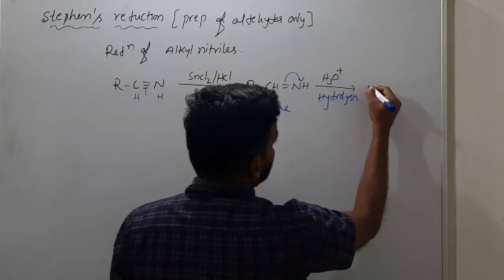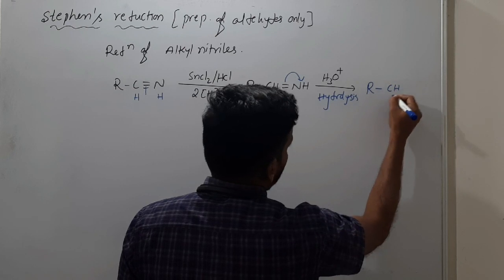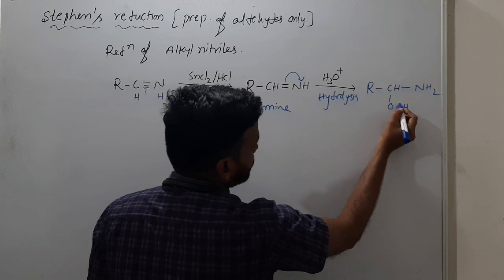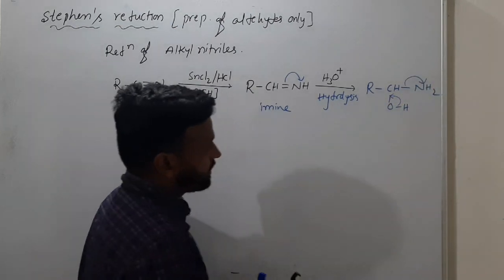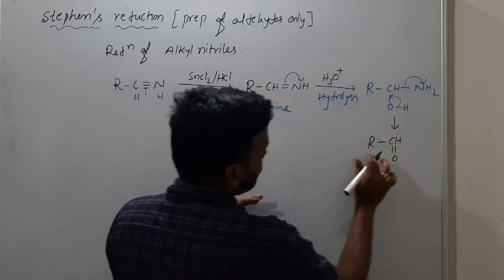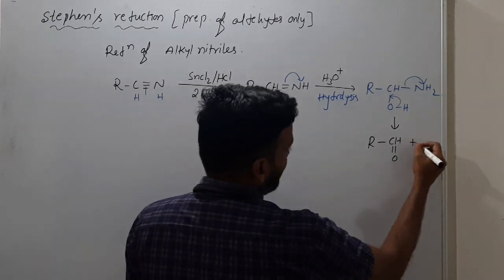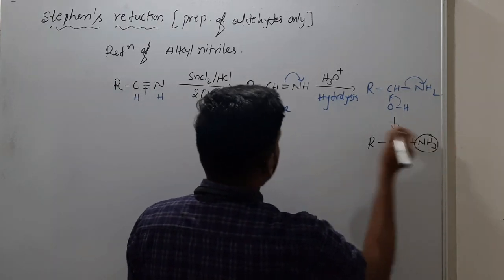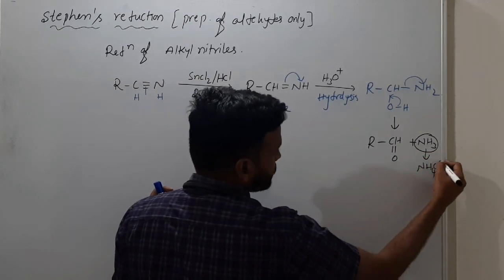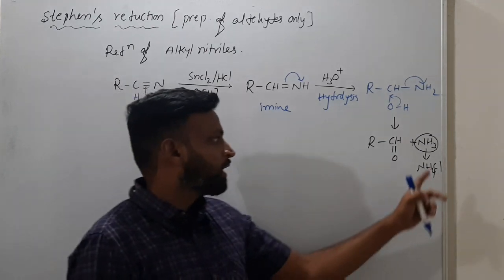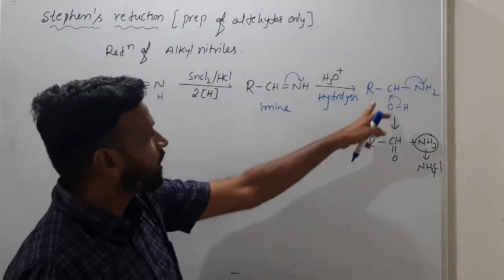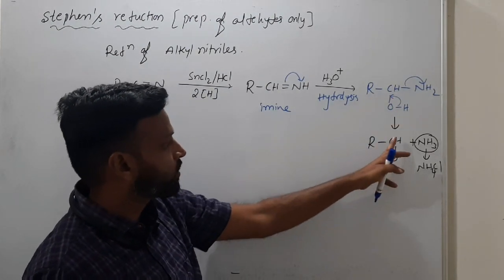So here what happens now? R, C, H and OH and single bond NH2 like that. So this will migrate over here and this will go back. So that what you are having here is R, C, H double bond O. That means aldehyde you have, and NH3 actually will form, but this NH3 will combine with HCl to neutralize and convert to NH4Cl. So ammonia is converted to ammonium chloride actually. So RCHOH is converted to RCHO.